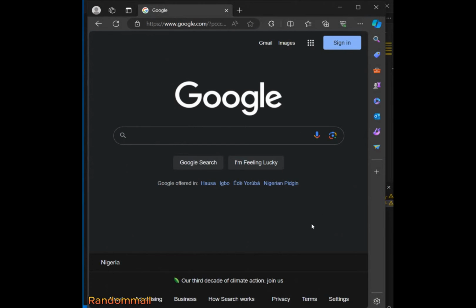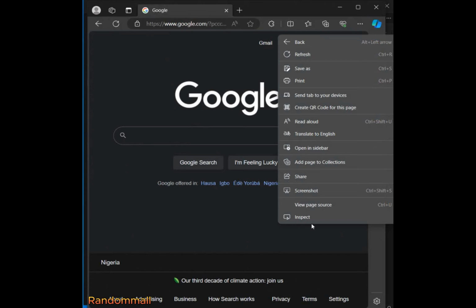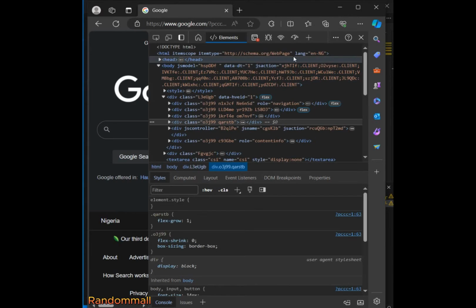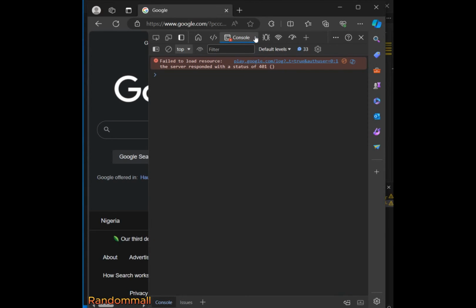So I'll right click and select inspect, and okay, here it is. I'll select console. So I'm going to try to use Google to make a request to our API and see what's going to happen. So I'm going to be using